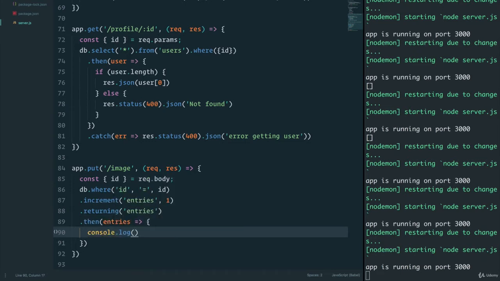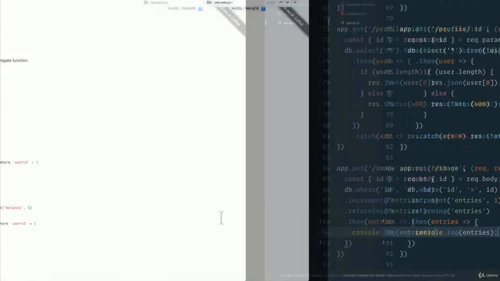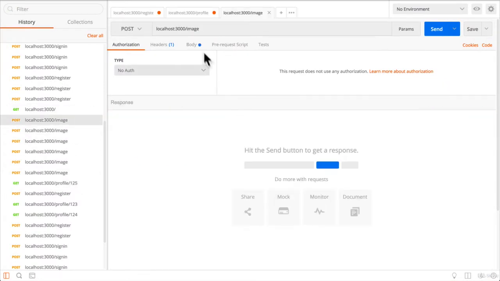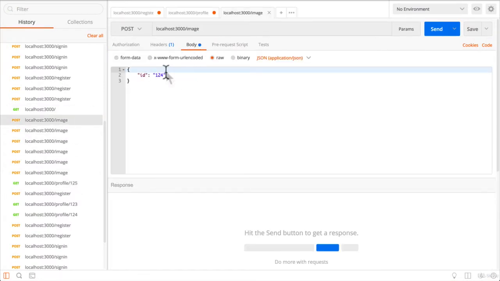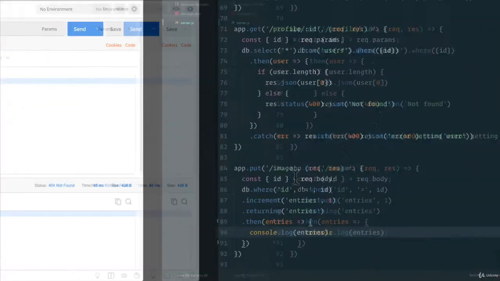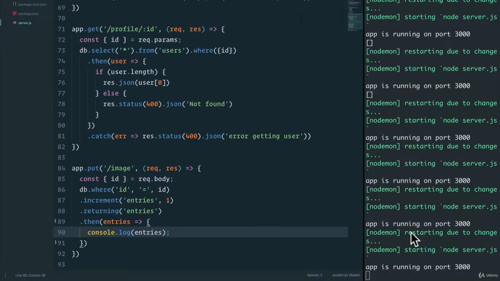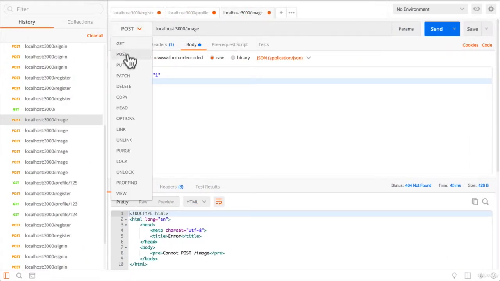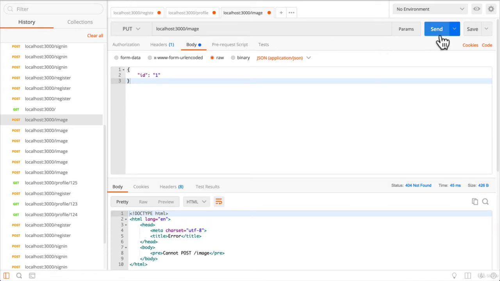Console.log entries, and let's save. Go back to Postman. Let's find our image endpoint that has a body of ID, and we'll have to give it an ID that actually exists for now. So let's just do 1, send, and going back here, we don't get anything because, well, we need to do a put request. Remember, we changed it to put. We send again,